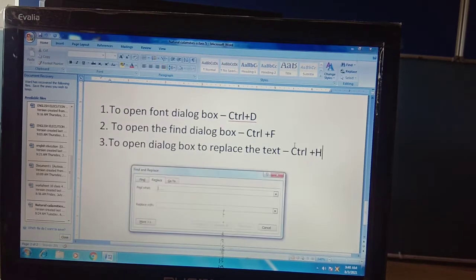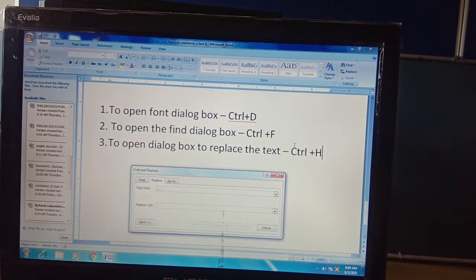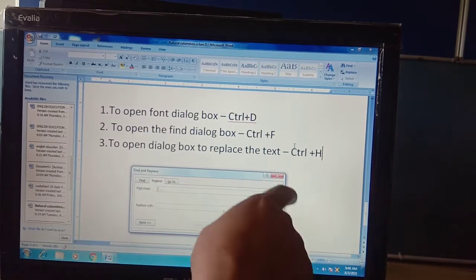CTRL plus H. Yes, I'm correct. So it is CTRL plus H. This dialog box name is Find and Replace.